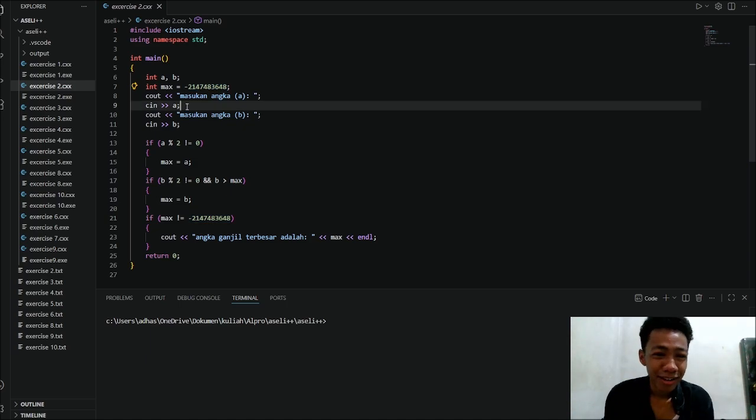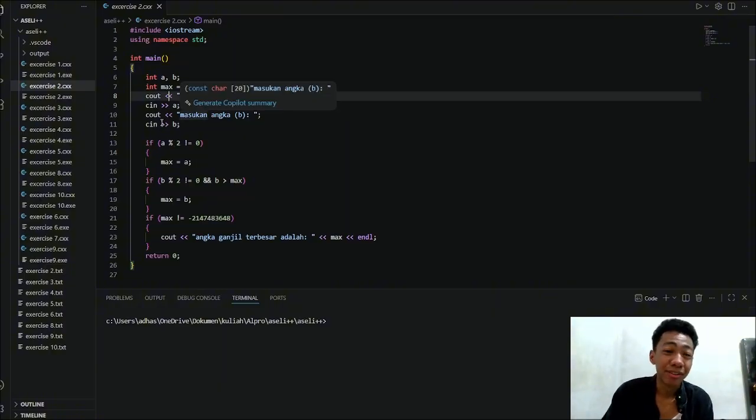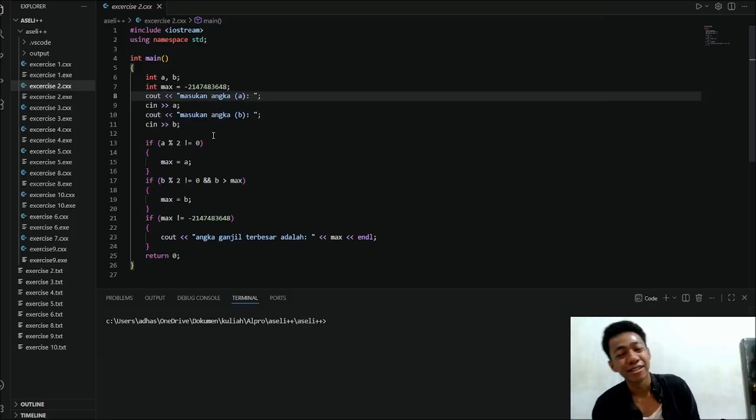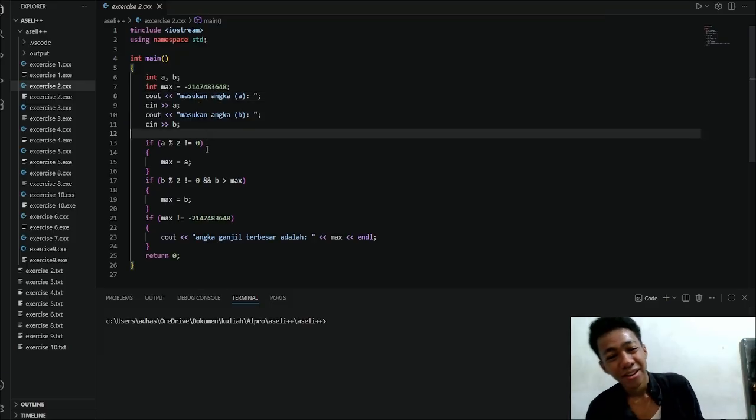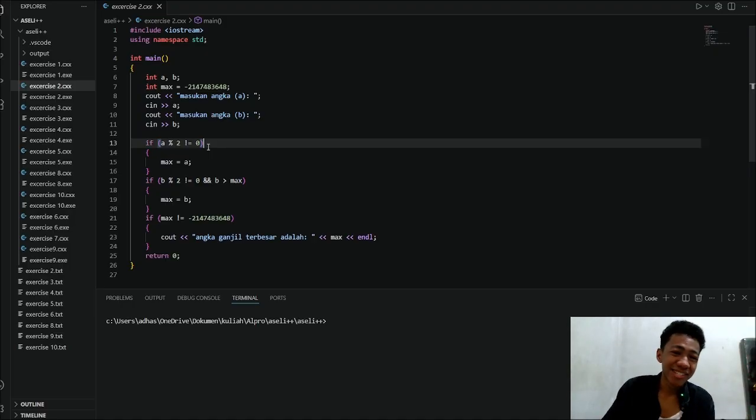And here, as you can see, I print out some display messages and take our input. After the input, we will check the condition of whether the first input modulo 2 is not equal to 0. If it's not, we will